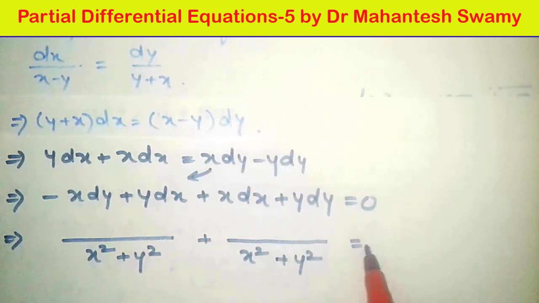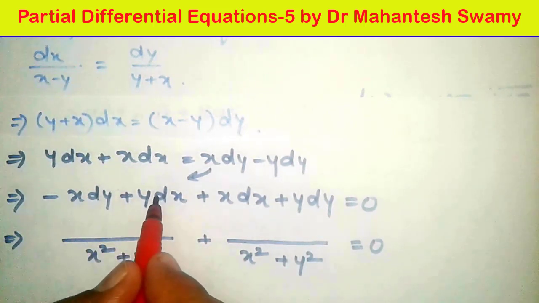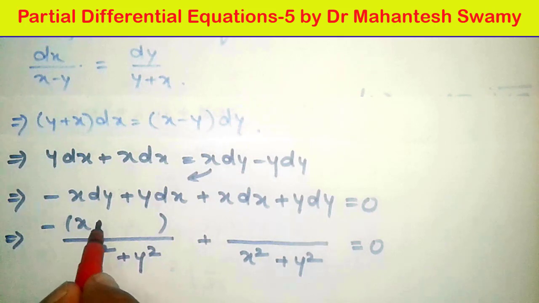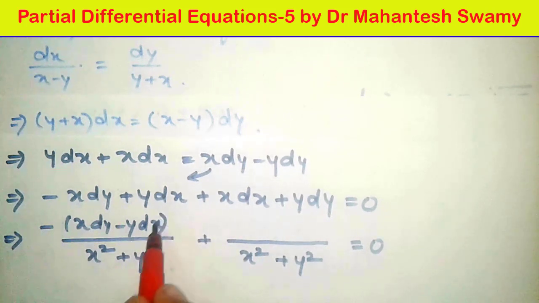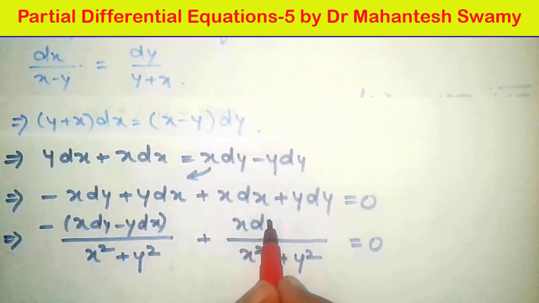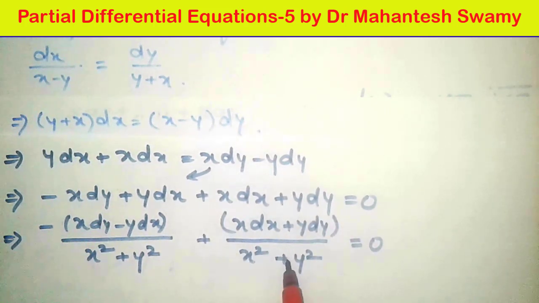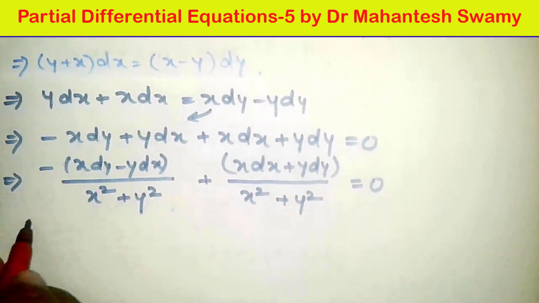Please remember this. This is an important adjustment we are doing in between, for the first two terms, considering them as the first term, that is x dx minus y dx, after taking the minus sign outside here, we are taking this as the first term and we are dividing it by the common denominator x square plus y square, plus the remaining two terms kept in one bracket and treating them as the second term, and we are dividing that by the same denominator x square plus y square, and 0 divided by anything is 0. So this is an important step. After this step, now the terms will be arranged in this fashion.